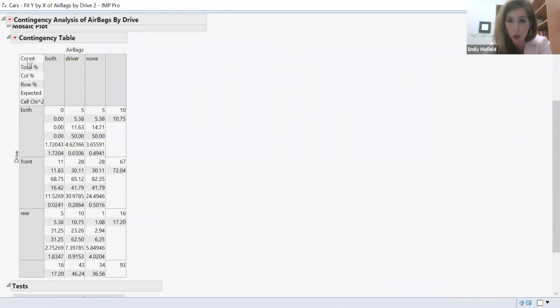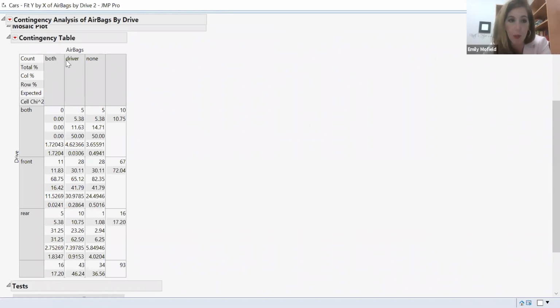Now, what you have to do is look right here and understand that this goes with this row. All right, that's the count. That's the number for each cell to show that front wheel drive has, oh, both meaning driver's seat and passenger seat, I bet. Okay, sorry, it's taken me a minute. Front wheel drive is 28 cars with